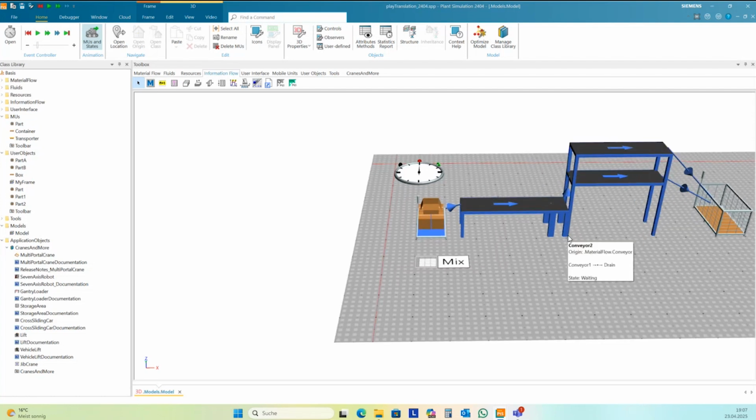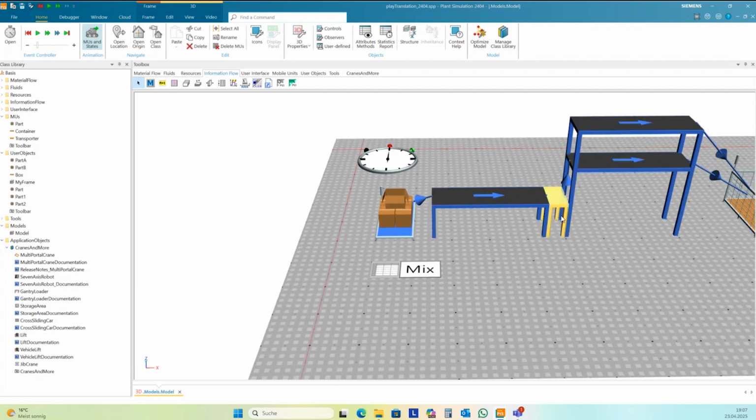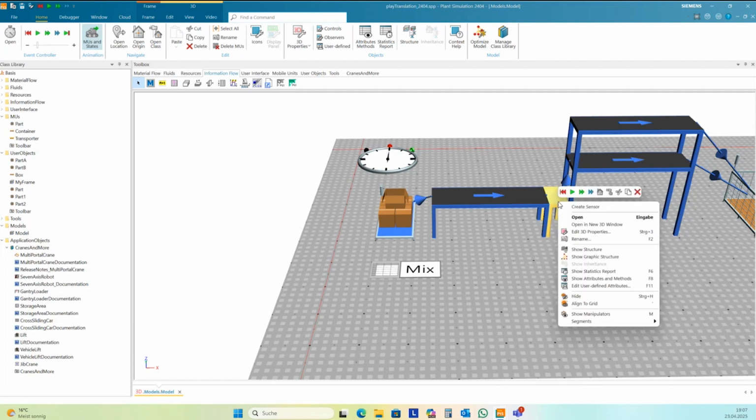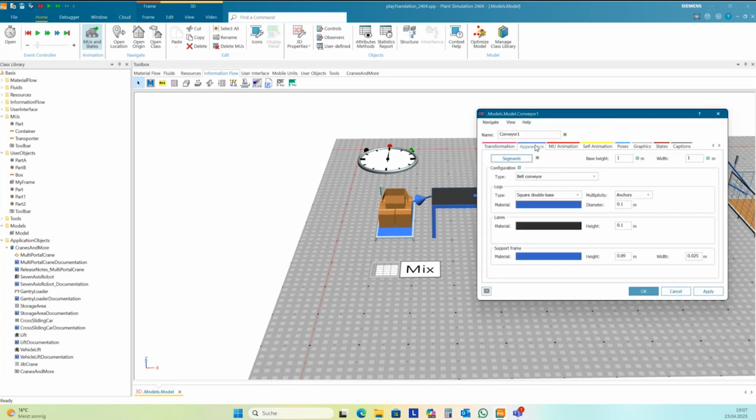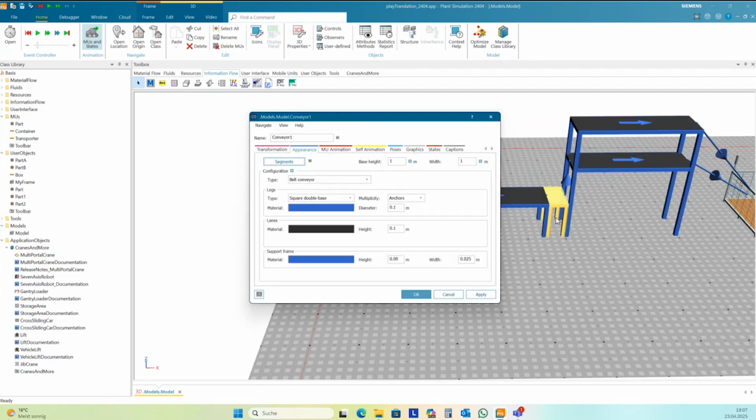And first I need to change something here. This conveyor element has legs, and I need to hide these legs here, so I need to go to the 3D properties, and in Appearance you can set up the appearance of this lift conveyor element, and here you can switch off the legs.